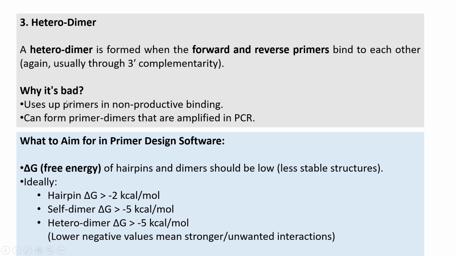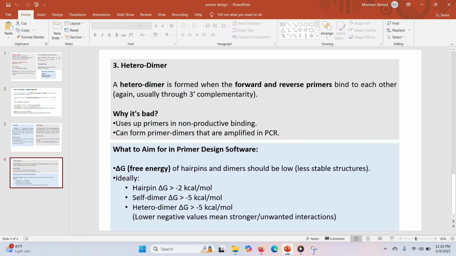The thing that I will discuss is Gibbs free energy. The lower the Gibbs free energy, delta G, the better the primer efficiency. Here the Gibbs free energy is shown with respect to hairpin, self-dimer, and heterodimer. So I will just end it and go to the